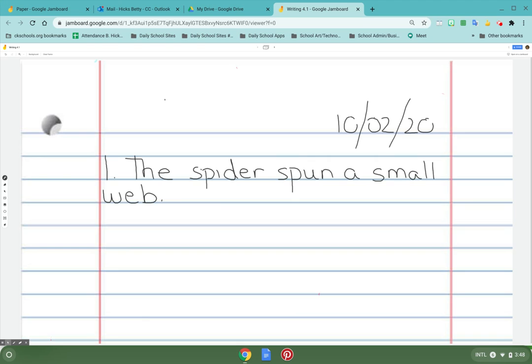Okay, now what I like to do in between my sentences is skip a line. I'm going to skip a line. I'm going to write number 2 right next to the margin. I'm going to start my sentence and it's about a spider again. The spider. All right, do you notice that my lowercase letters and everything's kind of on the line, all right? It's not floating up in the air like first and kindergarten kids do. The spider crawled